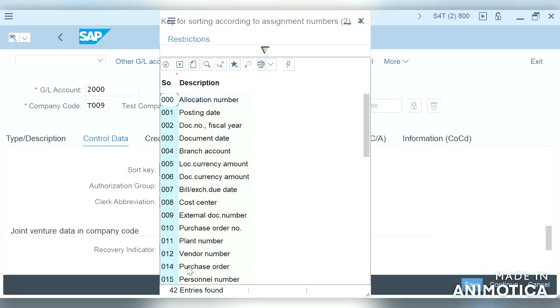Sort keys 10 and 14, purchase order number, are used for the GRIR clearing account, so that auto clearing is enabled. If the purchase order number is updated in the assignment field, it will help in auto clearing. That's what sort key is about.